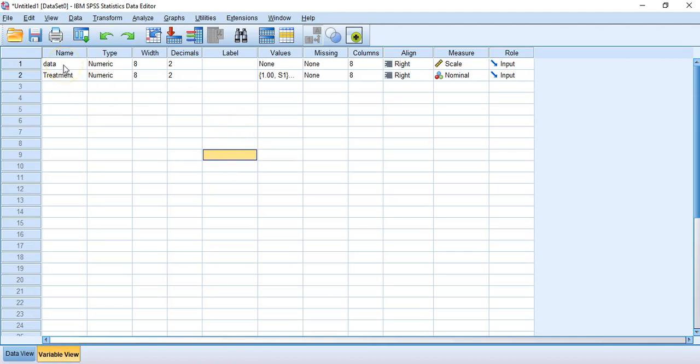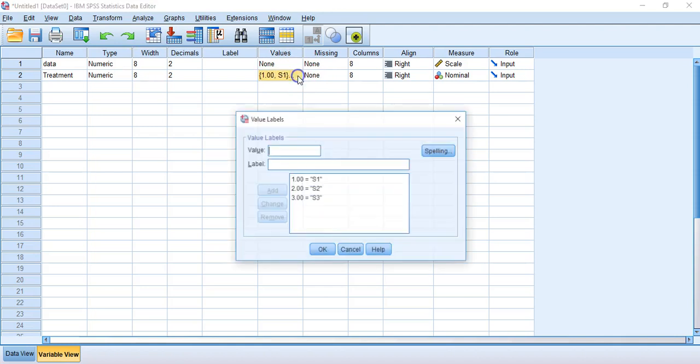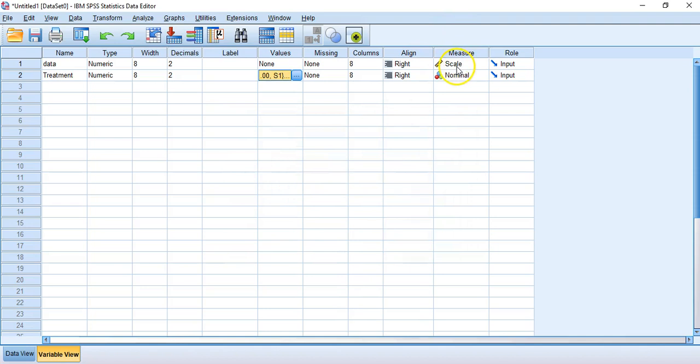We've got the data in one column and treatment signified in another. We've set our values and given them labels, and we've also set our measures up correctly as well. So our physiological sample data are scale data, and our treatment data are nominal because they are the